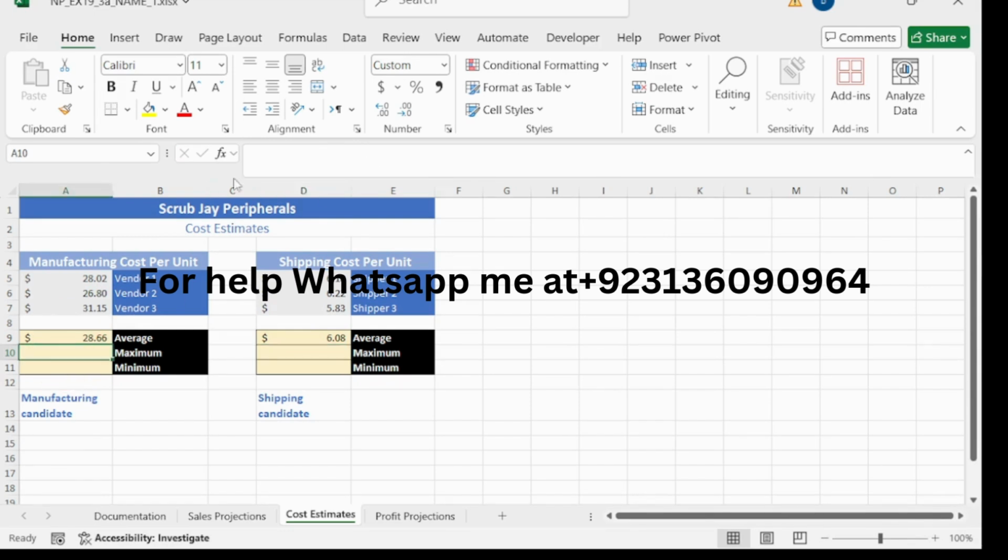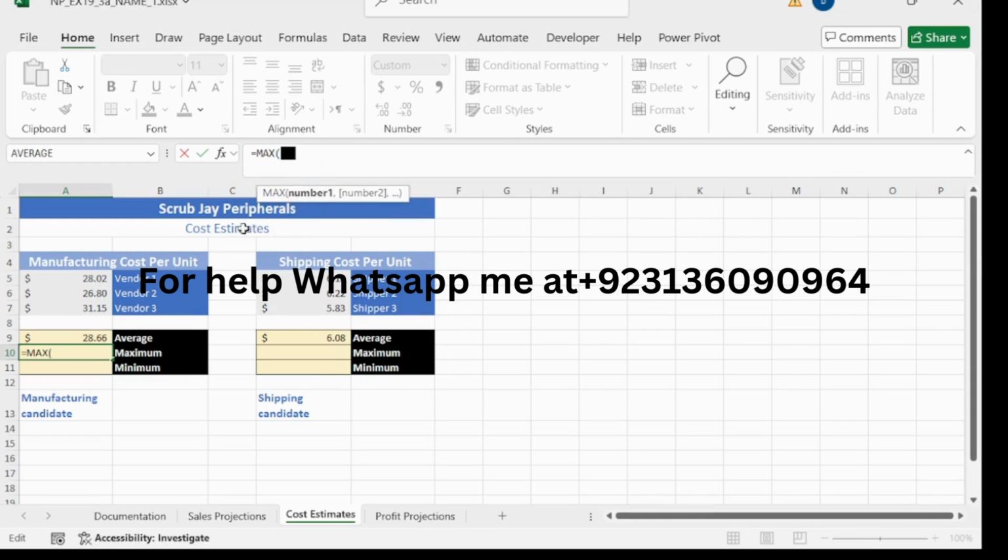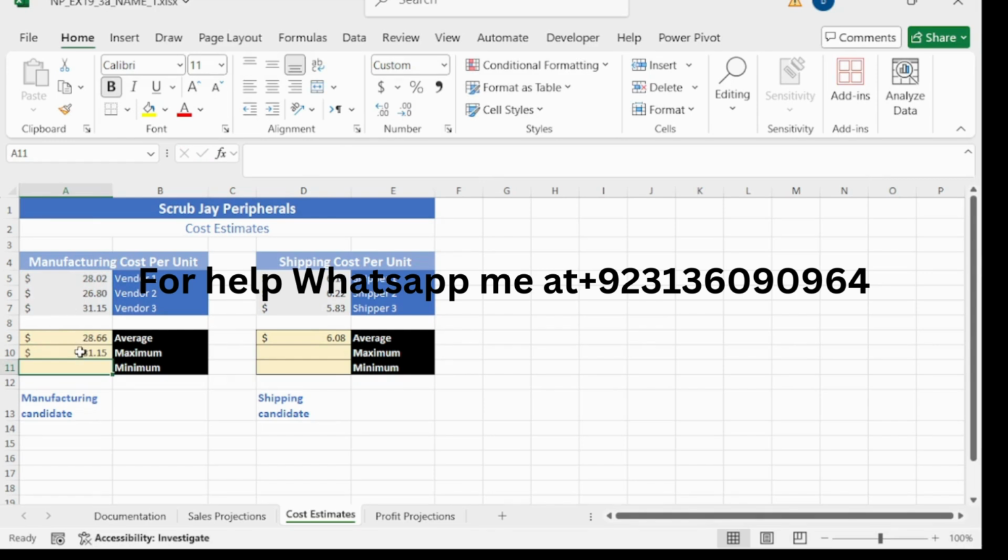This is cell A10. Use a max function that identifies the maximum value. So is equal to and max function, this one, double click on it and select the range A5 to A7 like this and close the bracket and press enter and copy this formula to D10 here, control V. So we have completed our step number 6 and our step number 7 is in cell